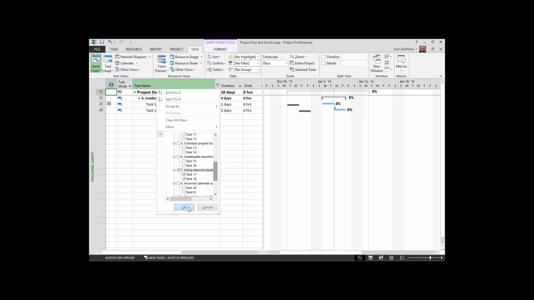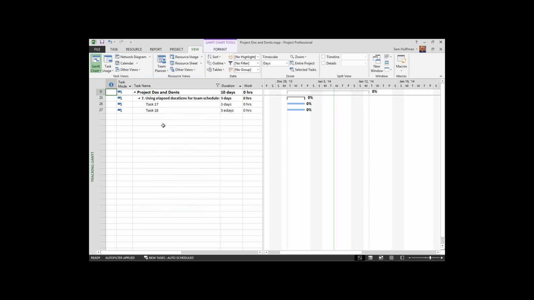Using an elapsed duration, number 7 on our list here. So here we have two tasks. They start on a Monday and they're each 3 days in duration. You can see that there's a difference in how it is noted. 3 days is working duration. 3 days is this consecutive time that we're talking about. And if I were to